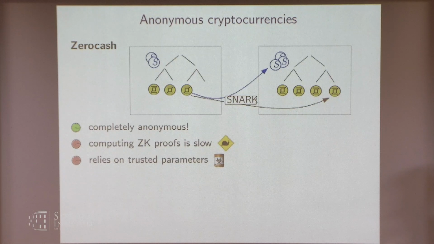And if you remember the first 2 days, while these SNARKs can be hard and have been hard to compute, they're very, very fast to verify. That's why this actually scales and you can verify all the transactions that happen.